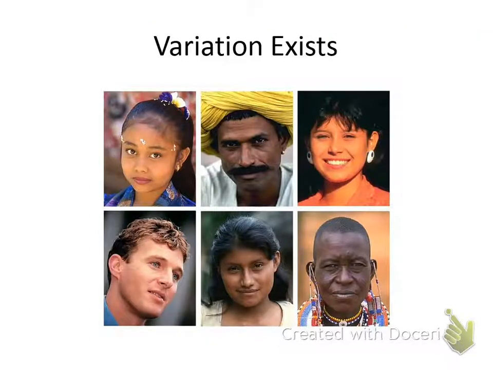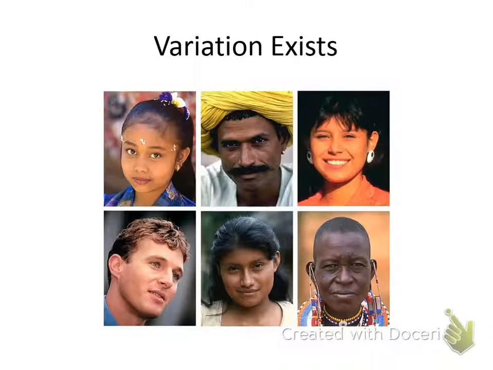So this picture just shows a variation of skin color, and I always tell people we all have the protein melanin to make our skin brown. We all have the gene to make the protein. The number of copies of a gene depends on how dark your skin is, of a shade of brown, because all these people in this picture have a shade of brown from the melanin that they produce. Okay, so